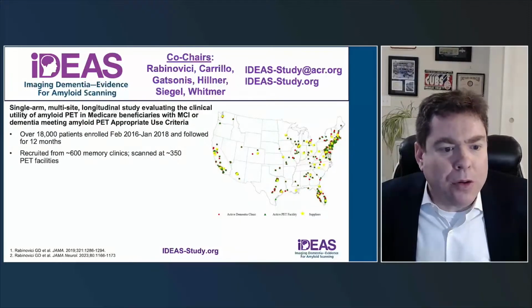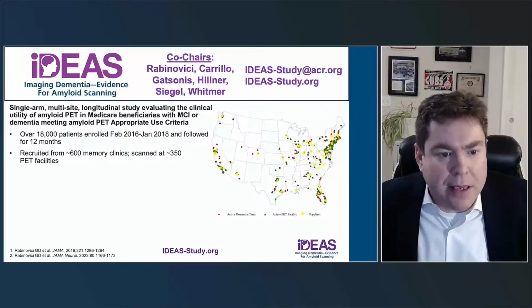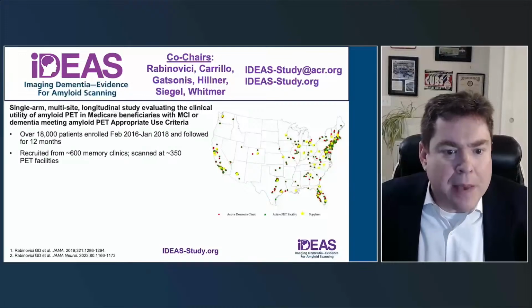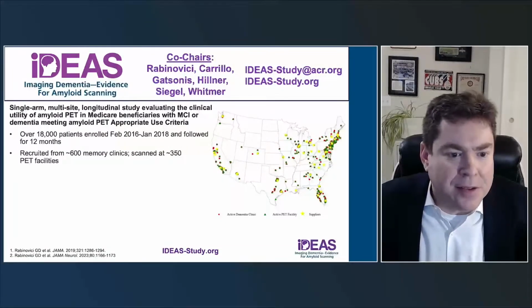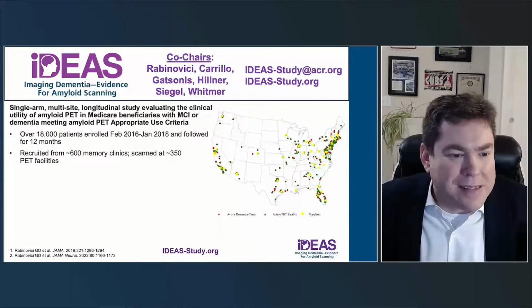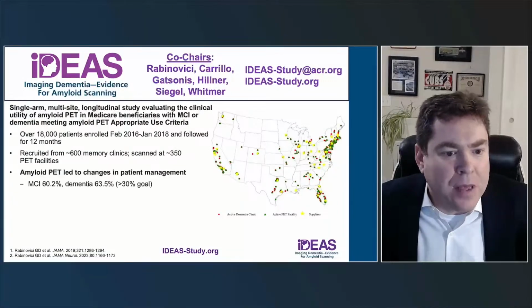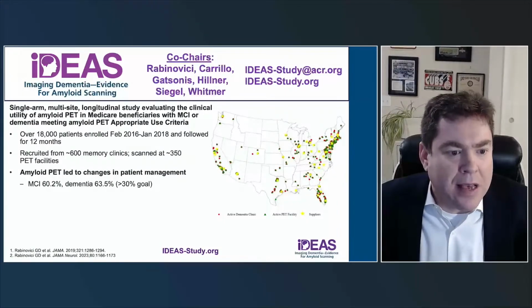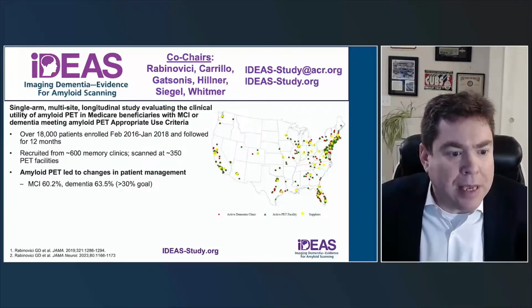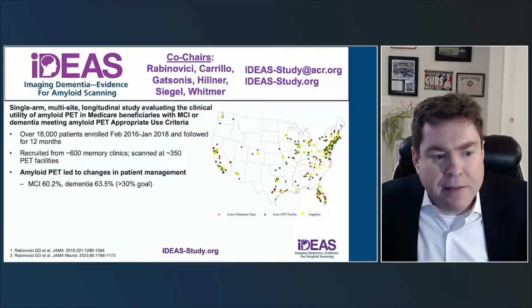In this study, we enrolled over 18,000 patients across the US over 2 years. This map shows the really national network of clinical sites and PET facilities that were involved in the study. In total, almost 600 memory clinics and 350 PET facilities. And to summarize a lot of work in one slide, we helped identify that amyloid PET can be very useful in guiding patient management. We saw changes between the pre-PET and post-PET management plan in over 60% of patients with